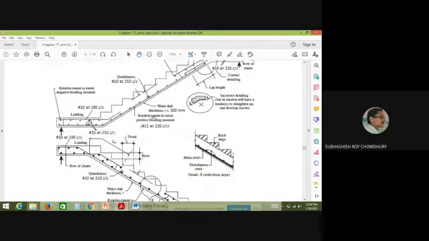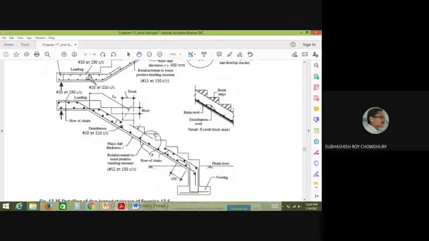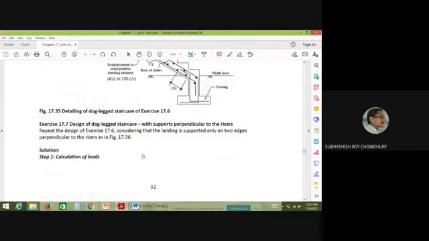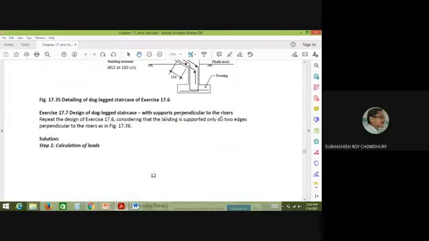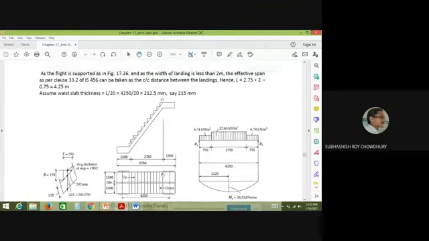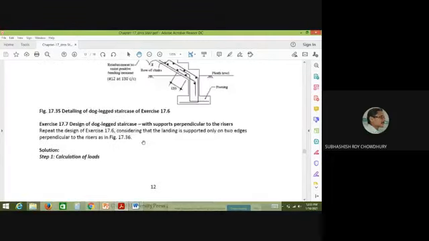So that you should provide more or less. This is the detailing. Just in short, I am telling within 2, 3 or 5 minutes, this is a particular example where the landing slab is perpendicular to the stairs, where the support is perpendicular to the stair, means this one. The problem that I have already told you at the beginning. So this may be another type of problem that is also very important.